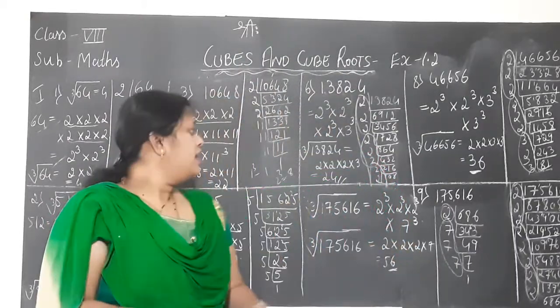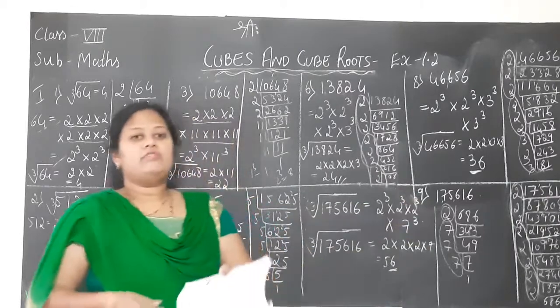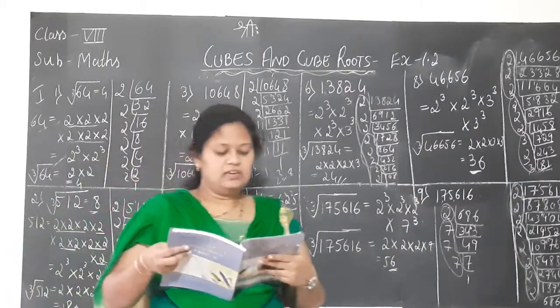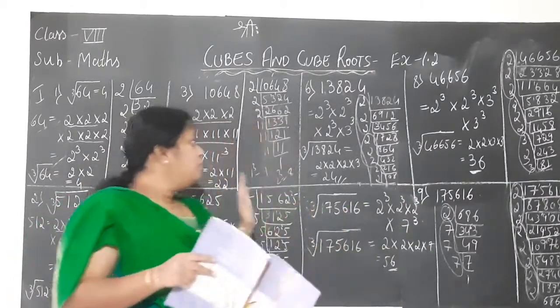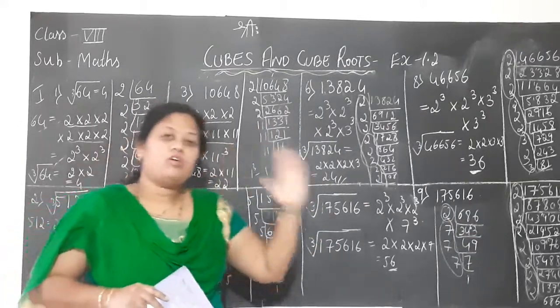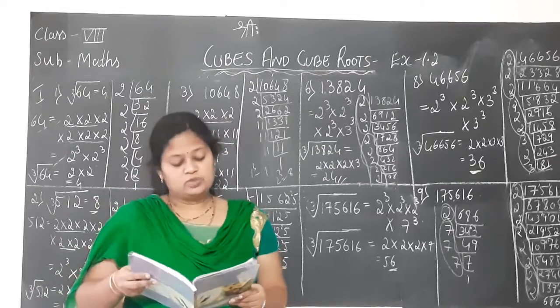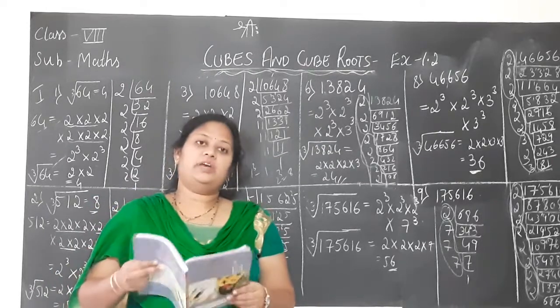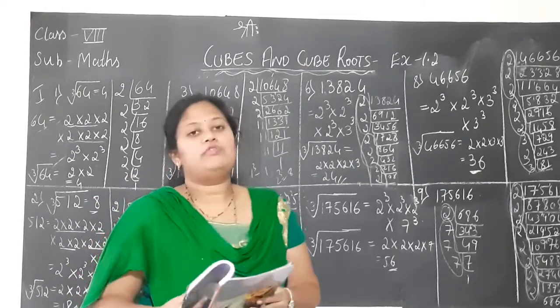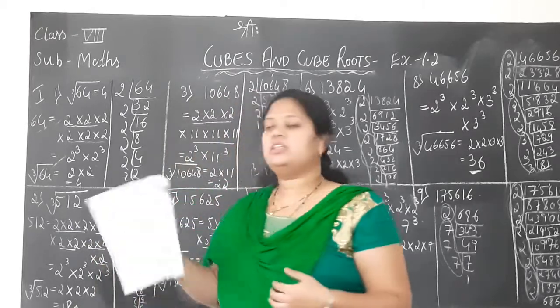And after the 9th, children, you have one more 10th problem, that is 91125. You please take it as homework. I have solved all the 9 problems. One problem you should do as homework. It is very simple as well. That completes the first main part, to find the cube root of a number by the prime factorization method, which we solved now.